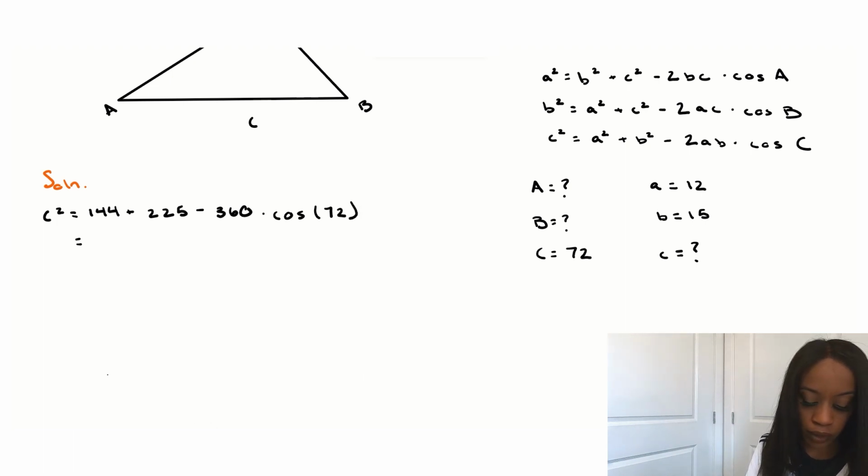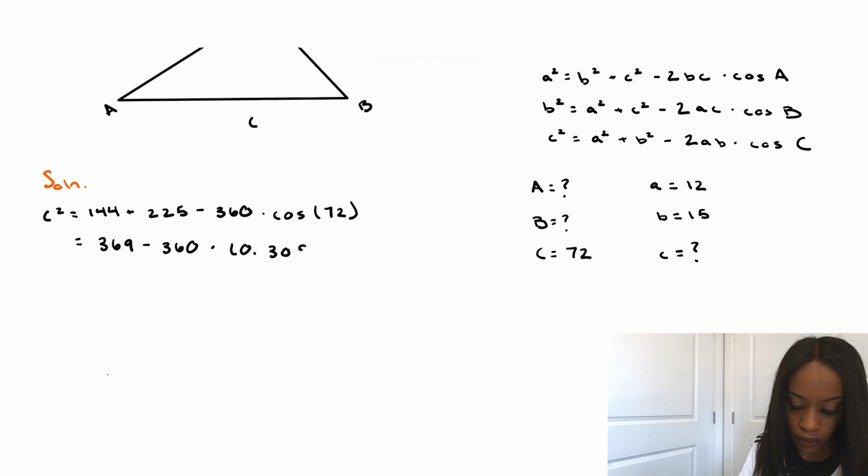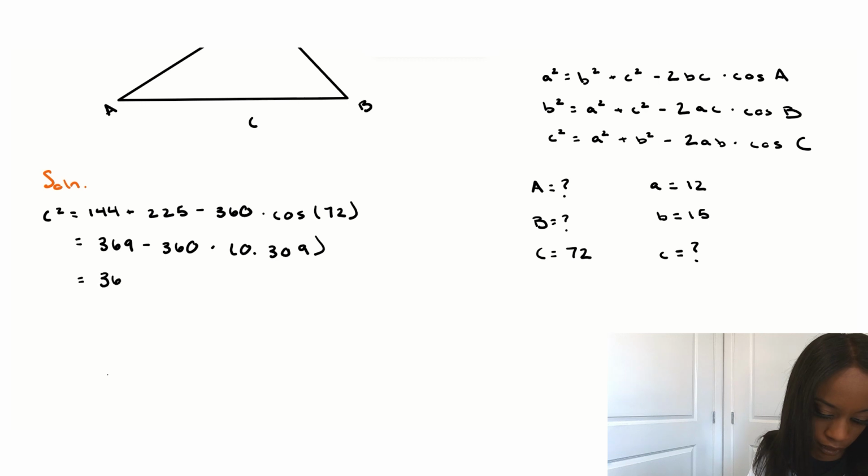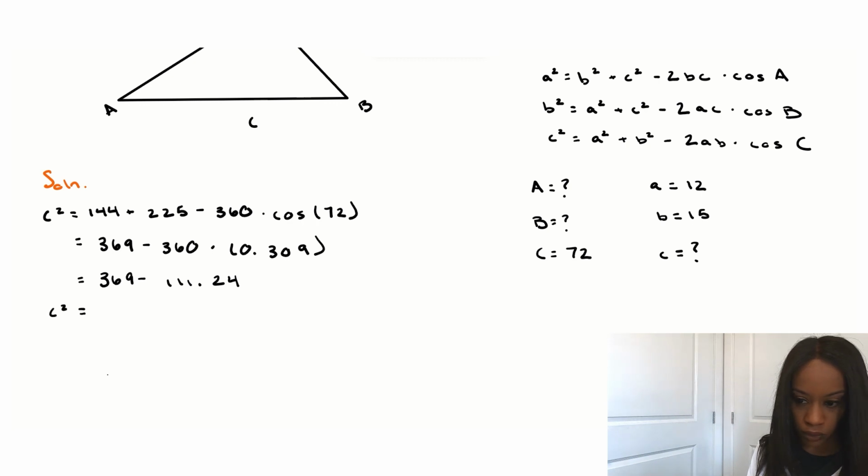Simplifying, 144 plus 225 equals 369, minus 360, and then I use my calculator to find the cosine of 72, and I got 0.309. Simplifying further, we have 369 minus 360 times 0.309, which is 111.24. And then finally, when we subtract these two numbers, we get